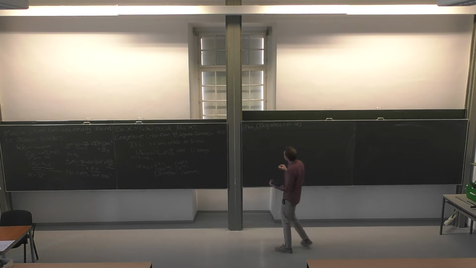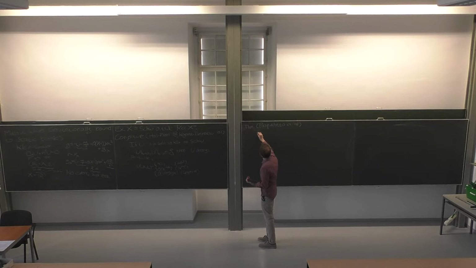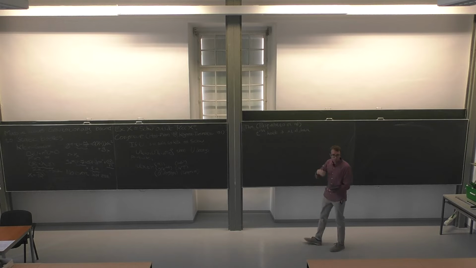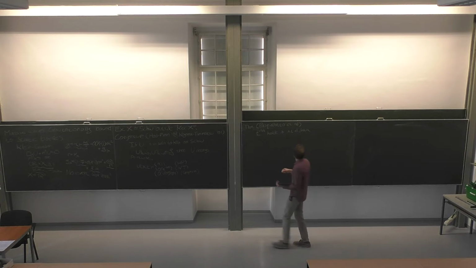And what they showed is that the predicted rate of t to the minus 5/6 holds if the initial data has only finitely many spherical harmonics in it. So I'll just write, if the initial data has the form